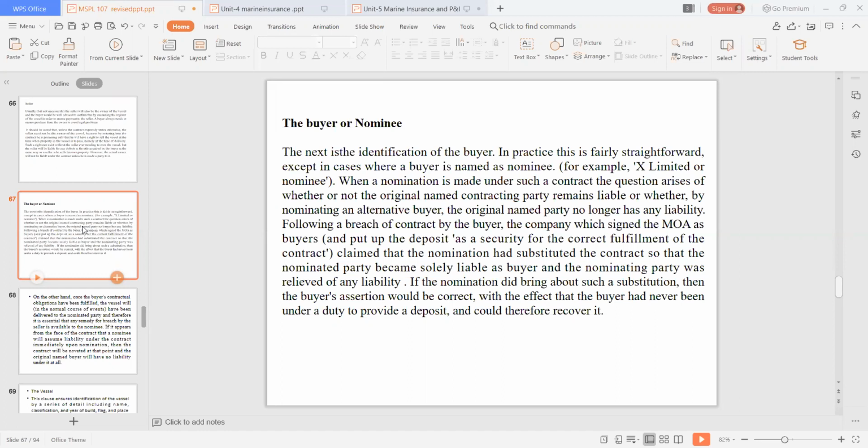In practice, this is fairly straightforward, except in cases where the buyer is named as a nominee. For example, X Limited or nominee. Where nomination is made under such a contract, the cost